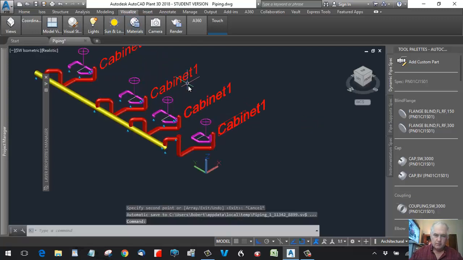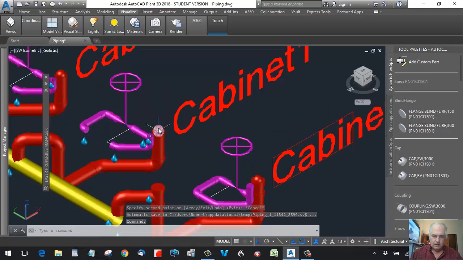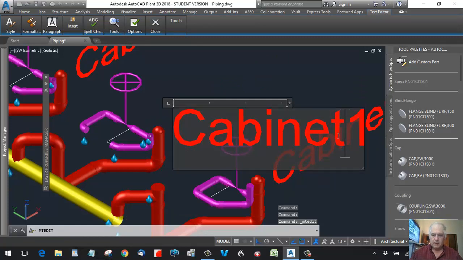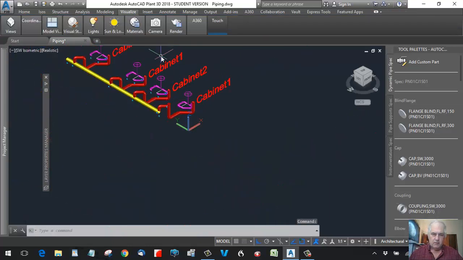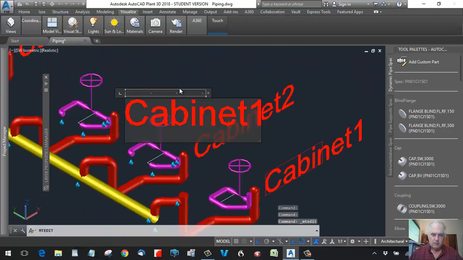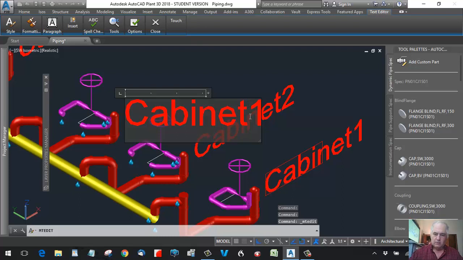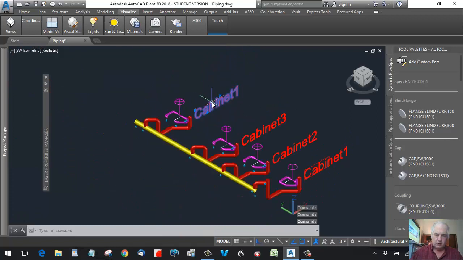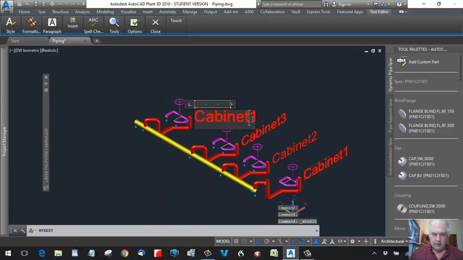Now we can do this. We can go in and select, and we'll change that to cabinet 2. Change that to cabinet 3. And change this to cabinet 4. Okay, so